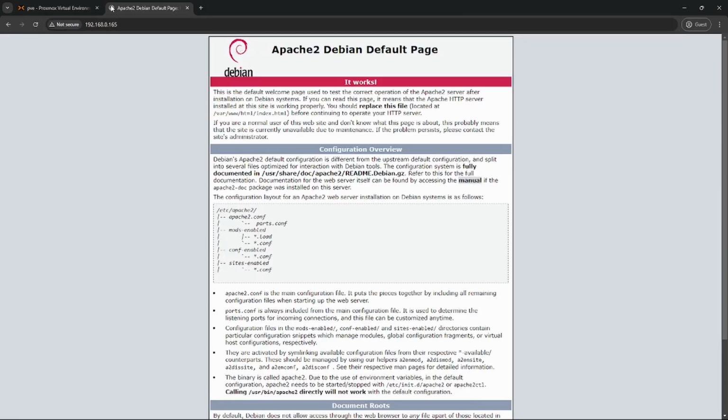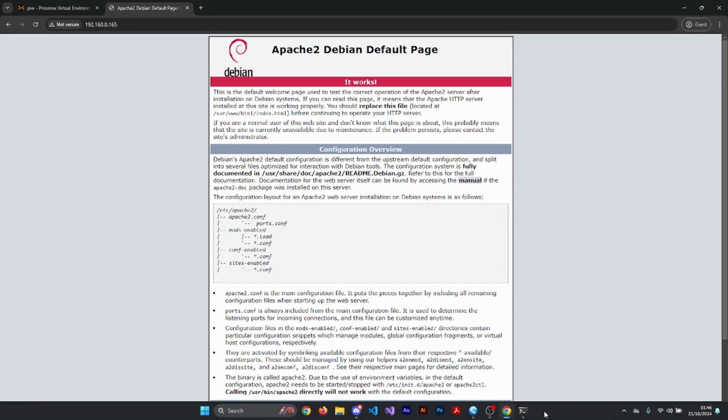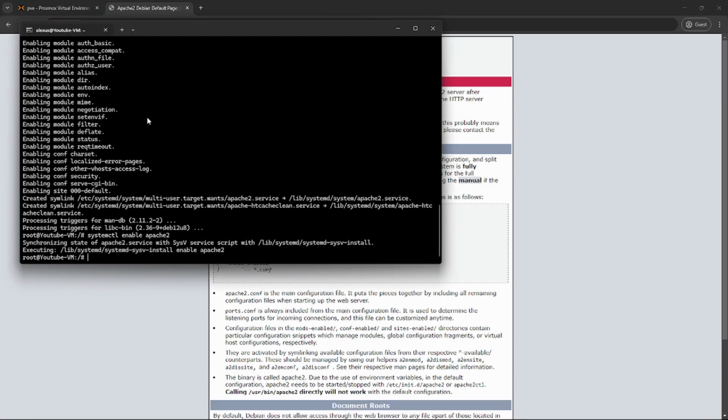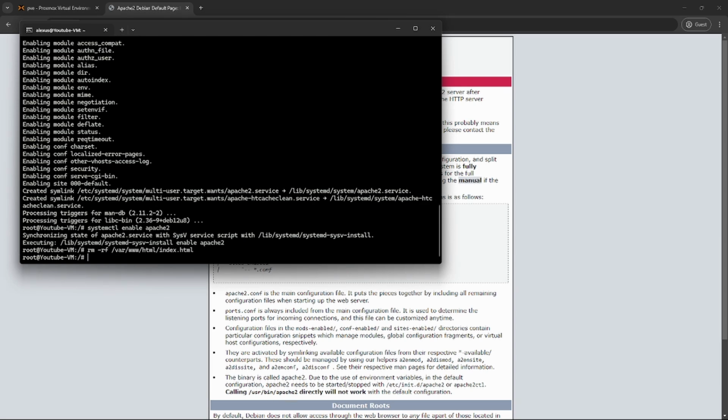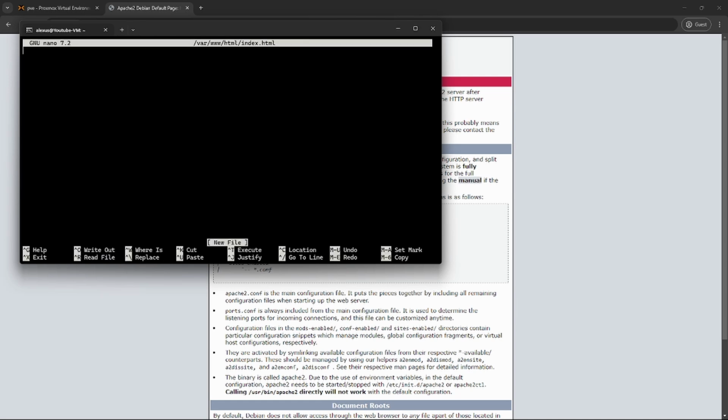Then we will go to .165, and there we are. Now, if you want to edit this, you can do this. So, delete the current file, nano, or your favorite text editor. I use nano. And then let's say